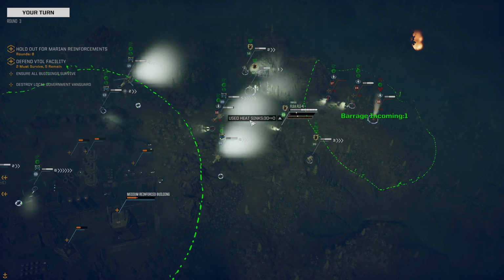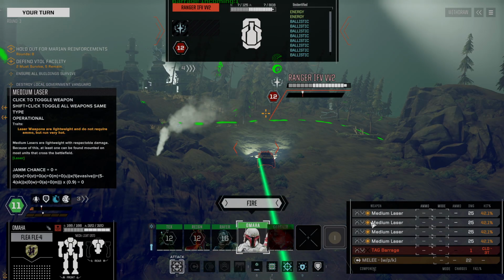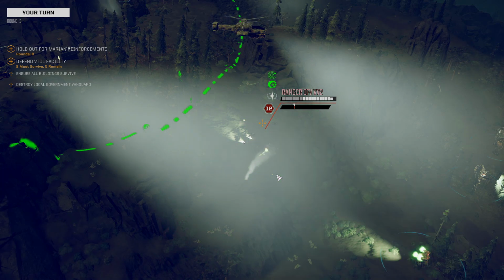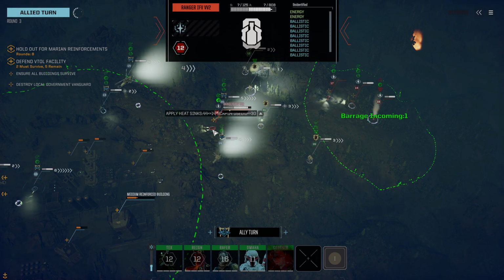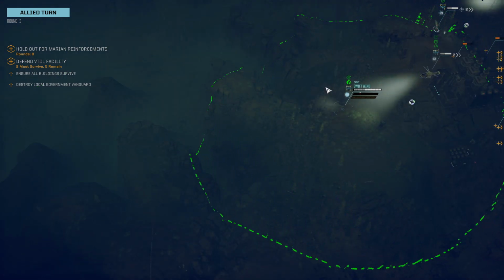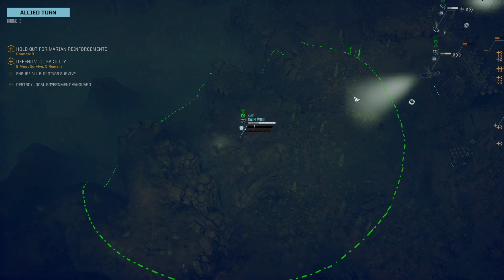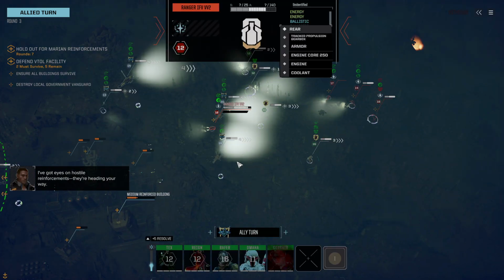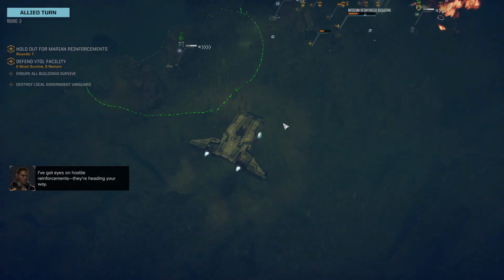I'm rolling. Still in cover, 3 evasion, 42s to hit. Copy that. I'll take 2 hits. I will absolutely take 2 hits in his back. Oh wow, he actually has a lot of armor. Alright then. Yeah, why are you running away? Bring your ECM closer. Hostile reinforcements are heading